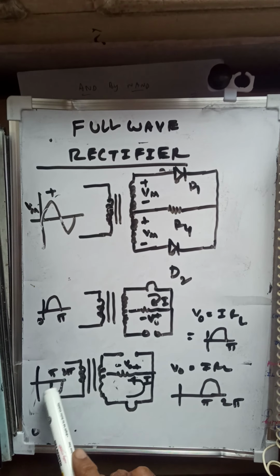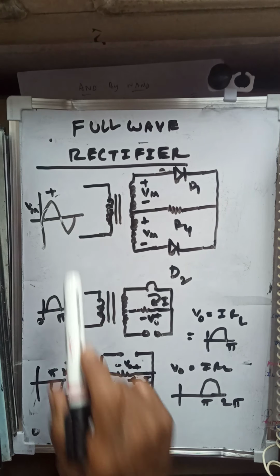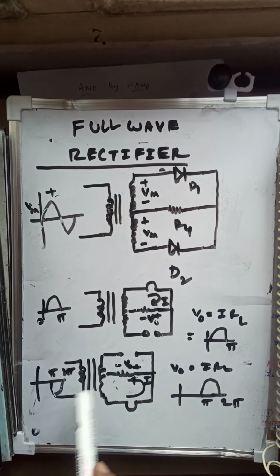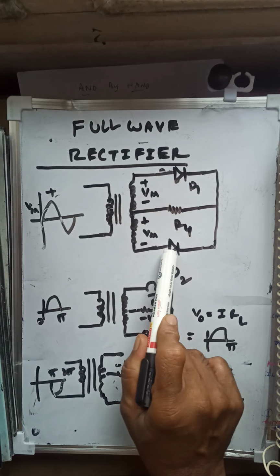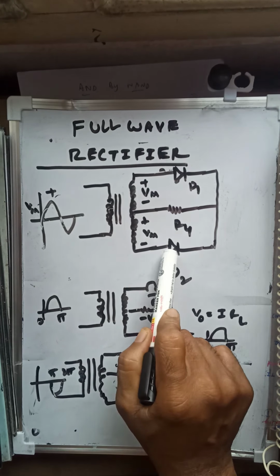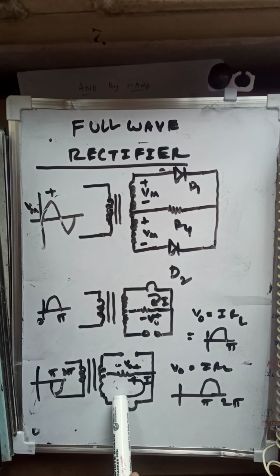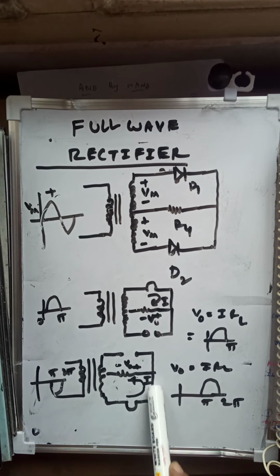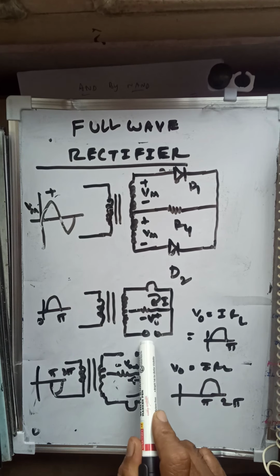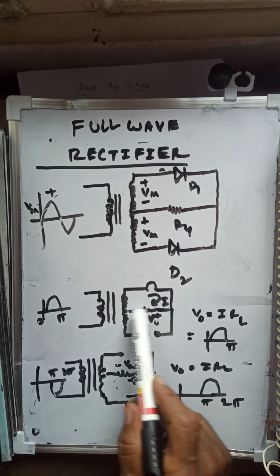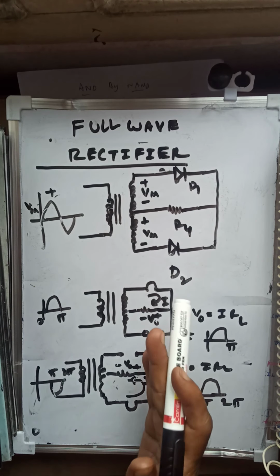So open circuit. But the negative applied here, as we already said, is the inverse of this peak. So the moment the negative peak is applied, automatically a positive swing is applied at the other diode. So this is the P side, positive. Then automatically it is a short circuit, forward biased. So now the current is transferred into the load through this diode in the same direction. Whether D1 or D2 is conducting, the current passing through the output resistance is in the same direction, from right to left. Yes, from right to left.